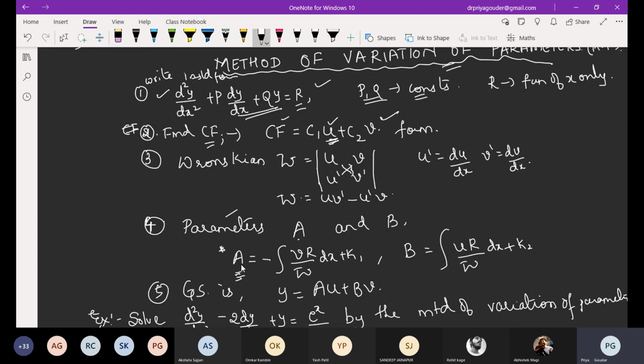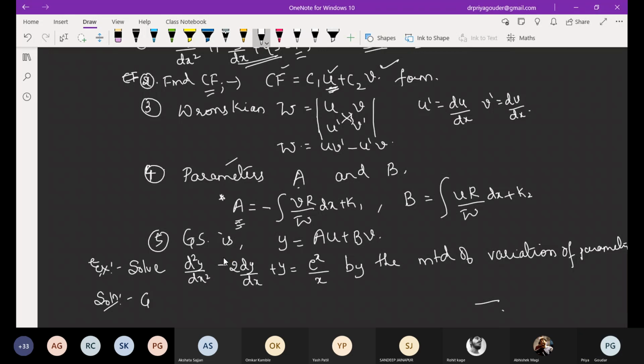I suggest you take a screenshot of this so that the steps will be clear to you. We are going to follow these steps. Should I take problems? These are the steps to be followed to solve the equation. Which order equation will be asked? Second order only. Write the first question.